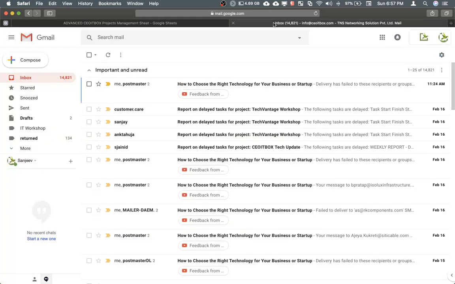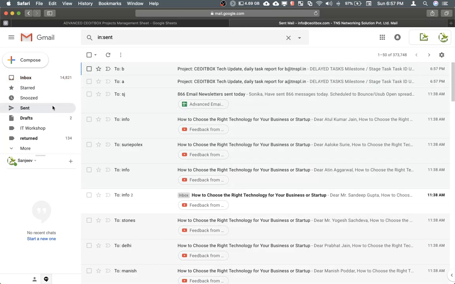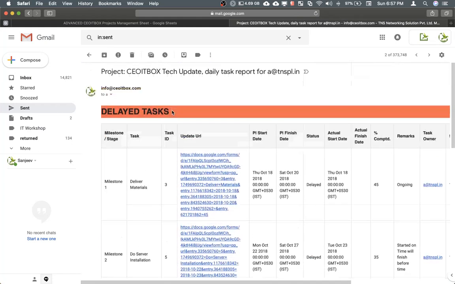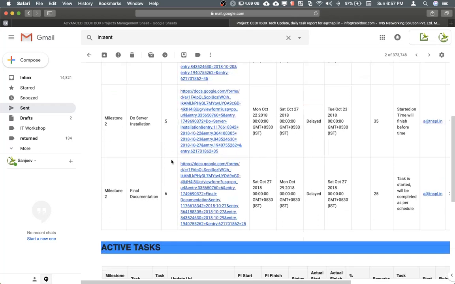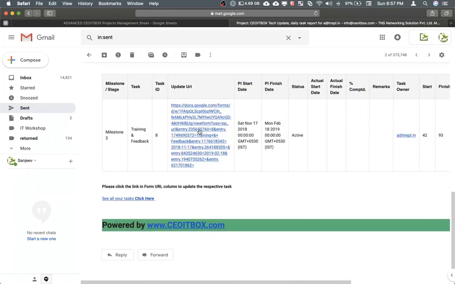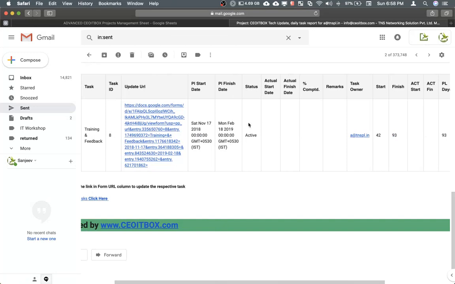So let us check the sent items here. As you can see, the reminder has gone out to two people. This is A, and this would list all his delayed tasks. So these are all the delayed tasks for Mr. A, and these are the active tasks. So these are the tasks that have not been delayed,